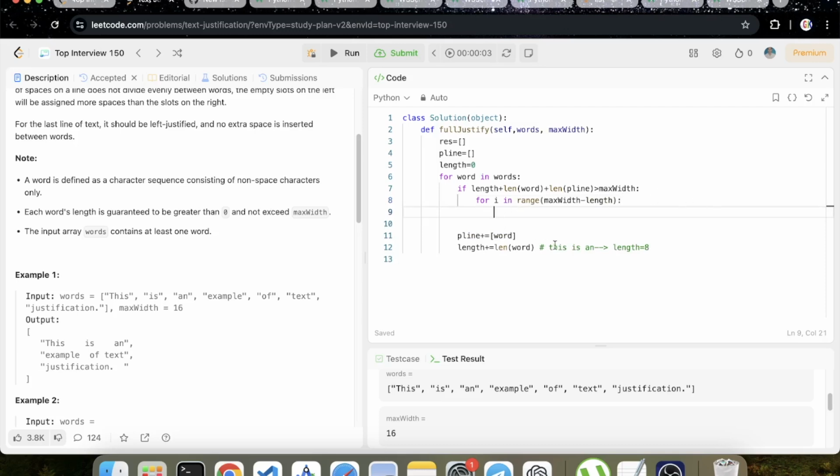This length is 8, no? 4, 6, 8. Yeah, fine. So 16 minus 8 is 8. So in total it will go from 0 to 7. That means 8 spaces we have to put, and we have to put a space between words. Actually, a space will be in how many positions? 3 minus 1, 2. We can generalize: the number of space positions will be the length of the present line minus 1. In the maximum case it will be like this, and if there is only one word, then a space,